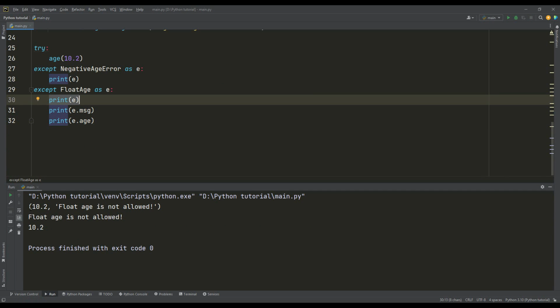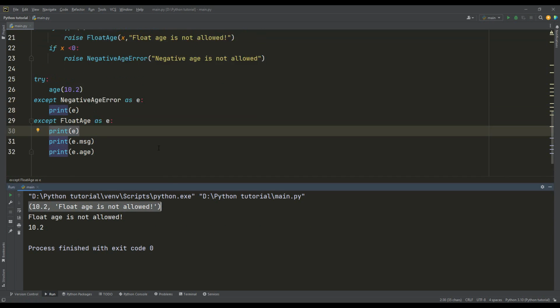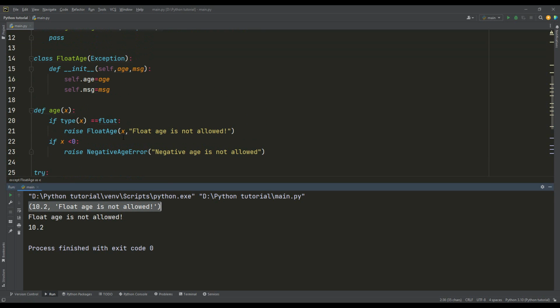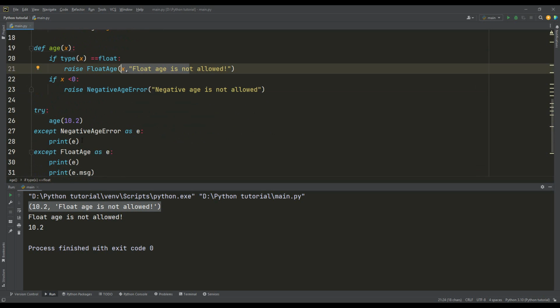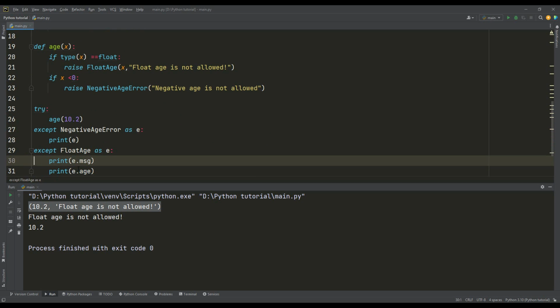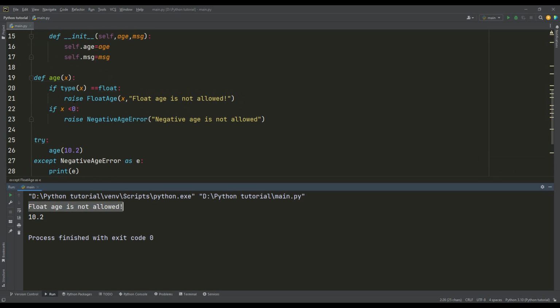It comes here in the first line, because I designed the exception to have two arguments or two attributes. But I can eliminate this. I can only print the message if I want, which is float is not allowed, because when I created here the function, then this function